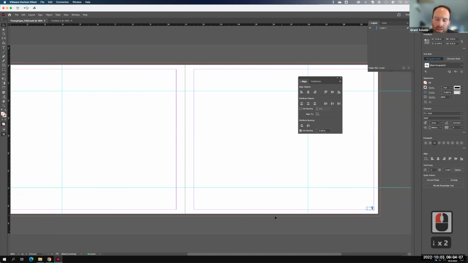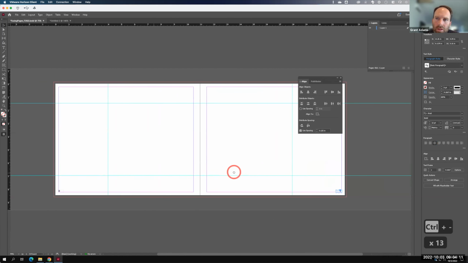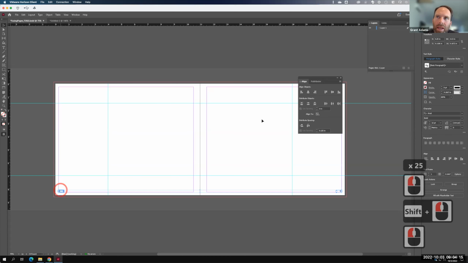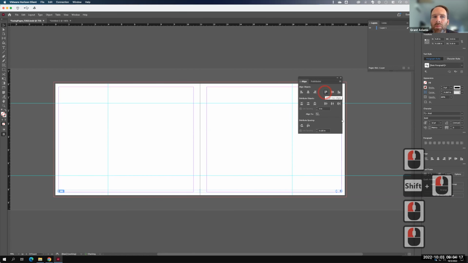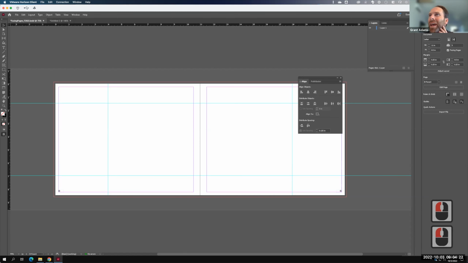Now we also want these to line up correctly. So let me go to Control 0 so we can zoom out a little bit. I'm going to hold Shift, select them both. I'll pick this as my key object, and I'll make sure that they're both aligned to the same place, which they are. And so now if I went back to my pages, and when we went to page 2 here,